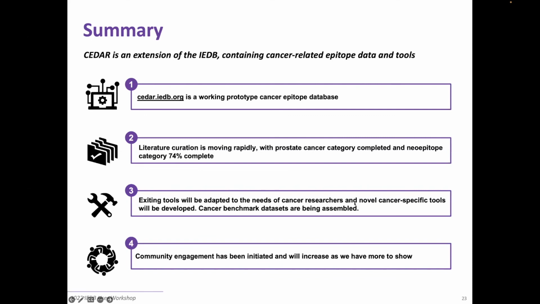A lot of work is going on at the level of tools and benchmarking, and of course, community engagement, a key component, because what is the work that is going on for aim 1, 2, and 3 really only makes sense if a community uses these tools, these benchmarks, this database of cancer epitopes. And with that,